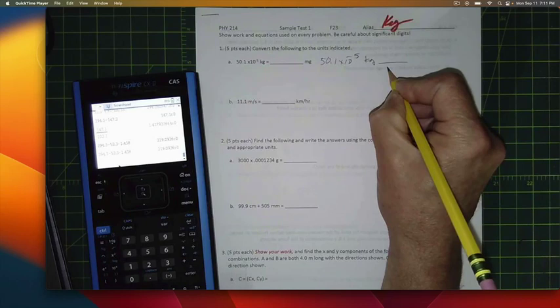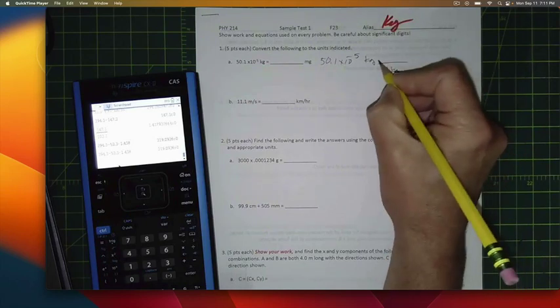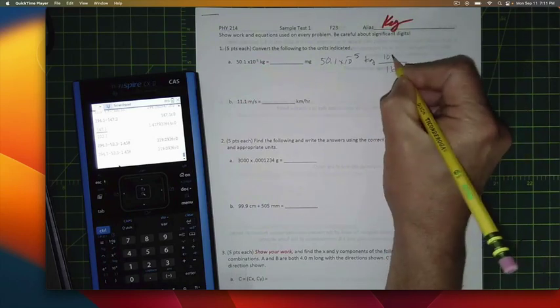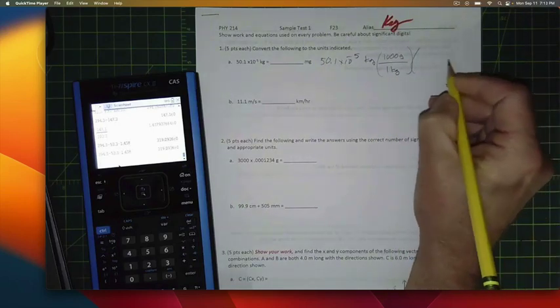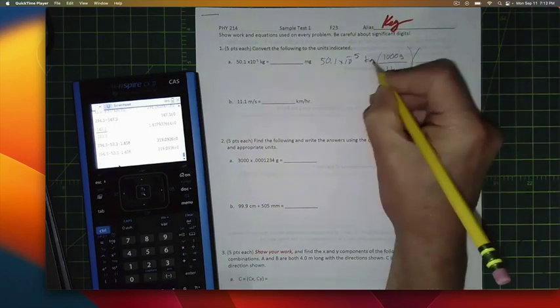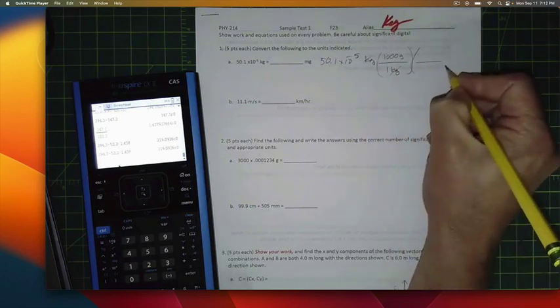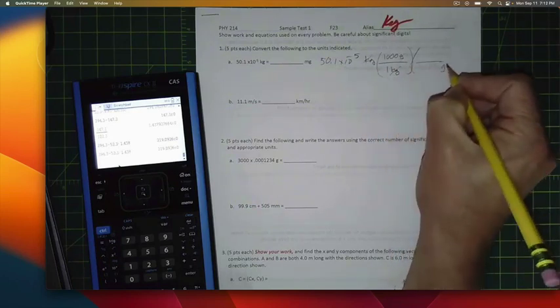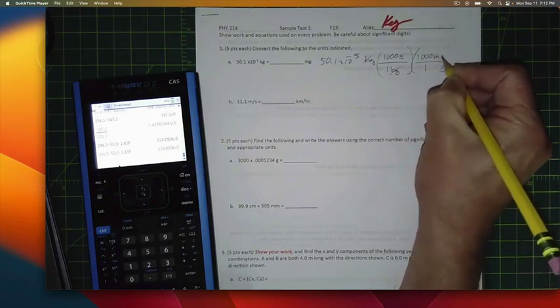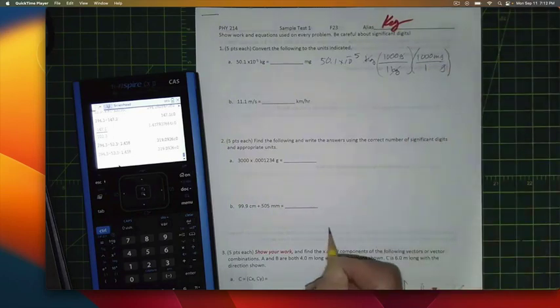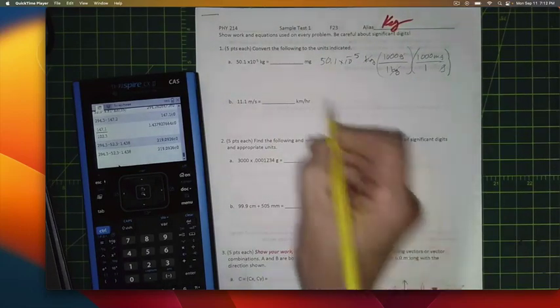So 1 kilogram is how many grams? 1,000 grams. So that'll be your first fraction. And then we want to get to milligrams, so that'll cancel the kilograms. We also want to cancel the grams, so we can do 1 gram is 1,000 milligrams. All right, so if we multiply that out,